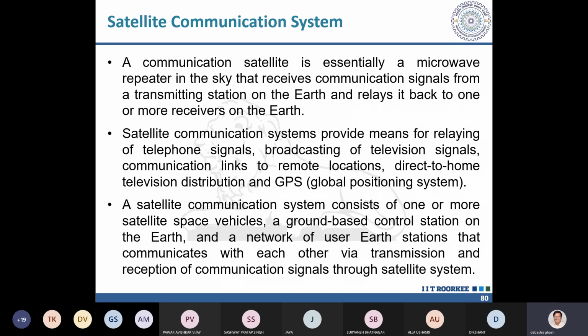Excuse me, sir. Sir, where you told that the waves are reflected by the ionosphere, which